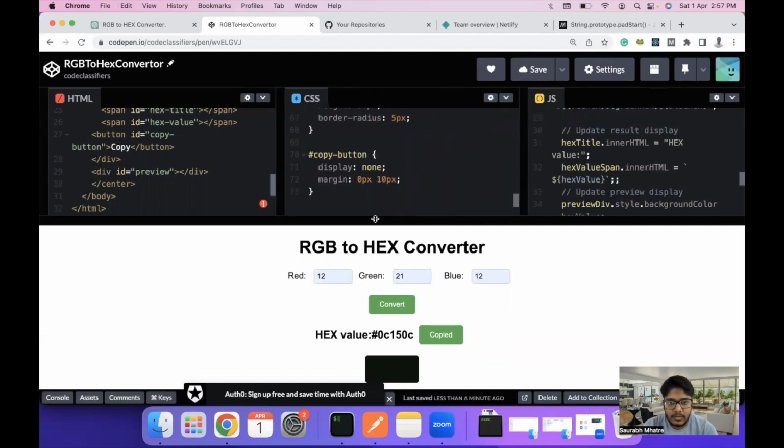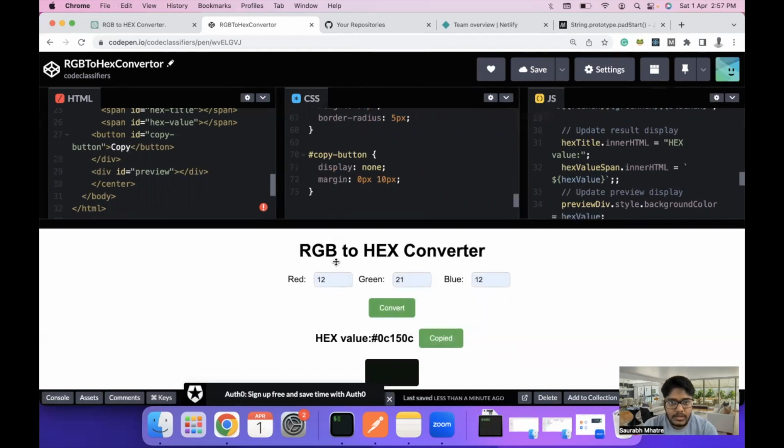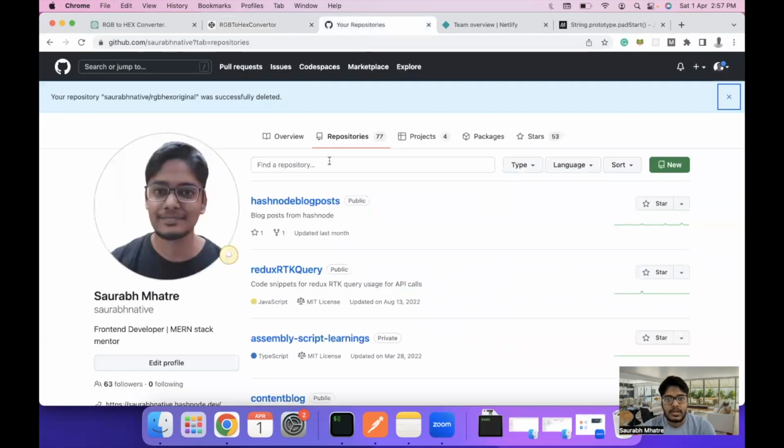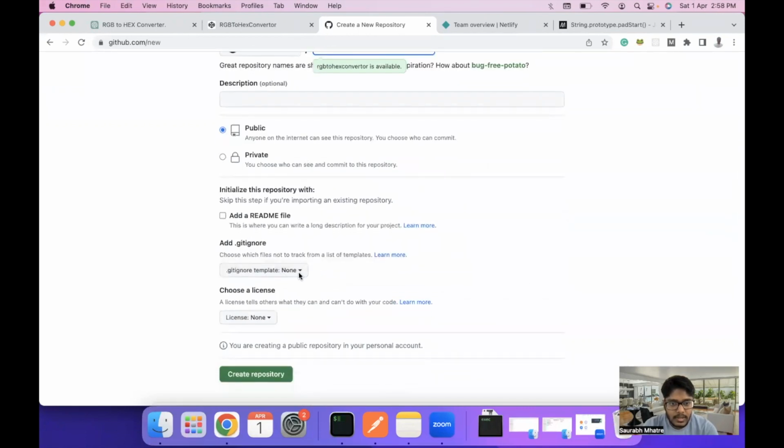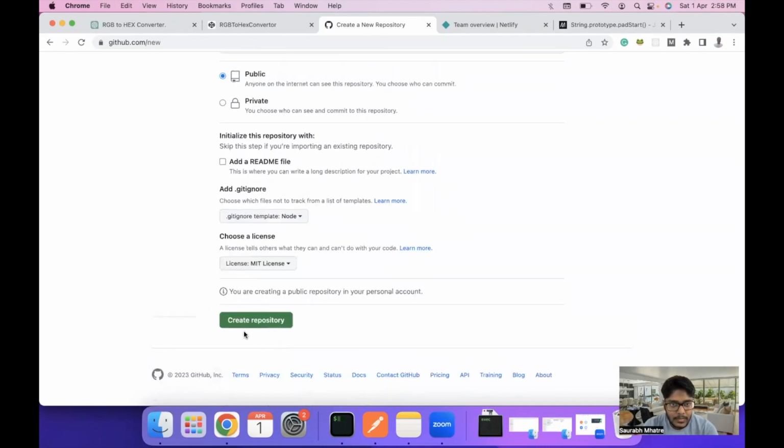Now let's check how to deploy this to Netlify. So what we are going to do is we can first sign into our GitHub account and then click on new repository and give it a name to something like RGB to hex converter. You can add a description if you want. Then we can add a .gitignore. We can set it to Node for now and license to MIT